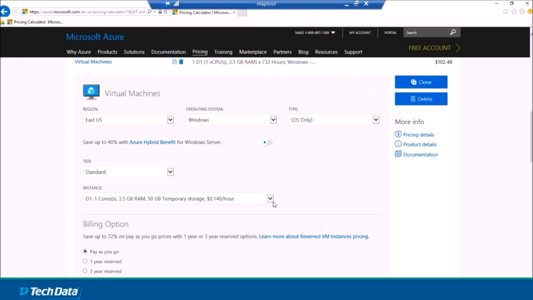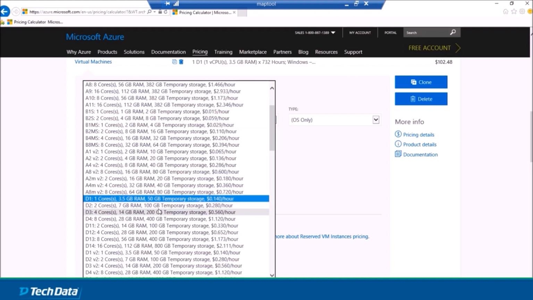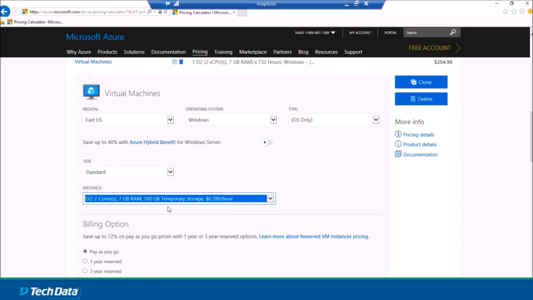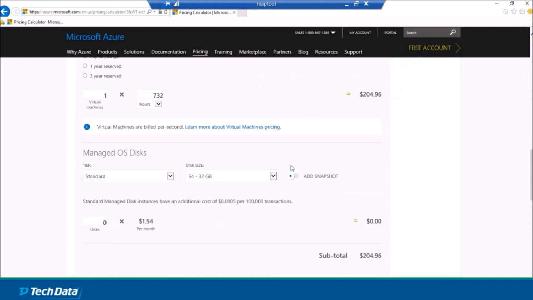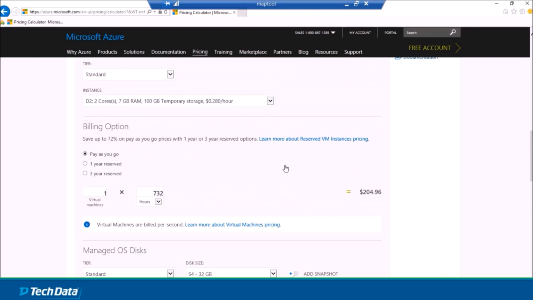So if we go back, what does that look like? We've got a D2. We recommend the D series. We can talk about that. Ds versus As. Ds would be for general production workloads. As are typically test development type of thing. So we'll stick to the D series on these,